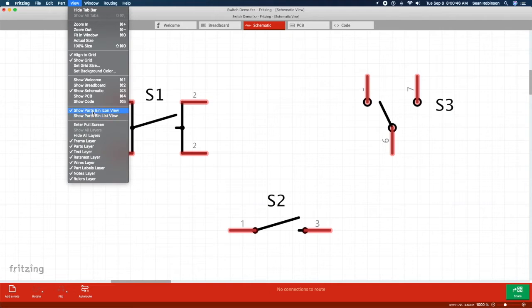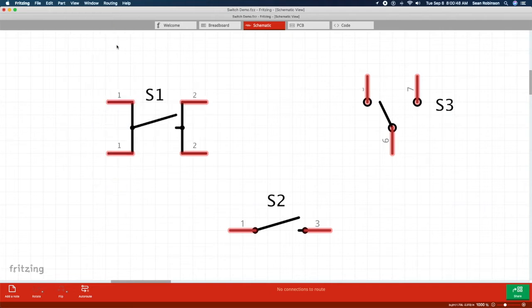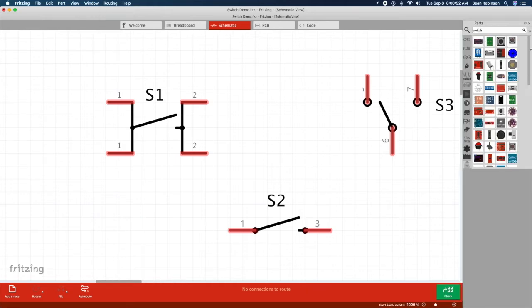Show parts bin. Oh, where's my parts bin? Parts. Find a double pull, double throw. By the way, this application I'm using is called Fritzing,